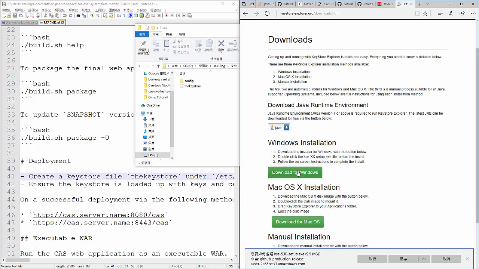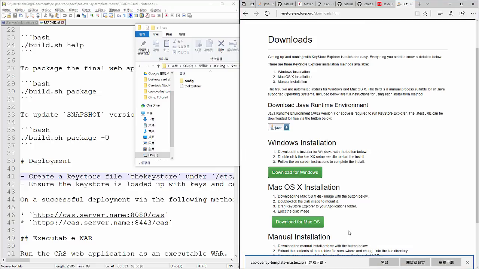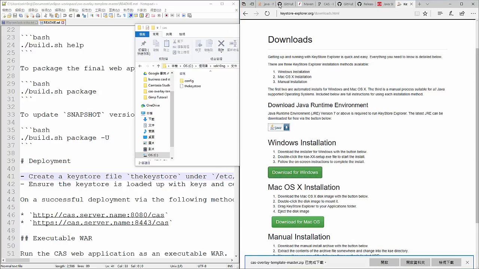A very good thing about it is that it can help manage the key store, generate the key store, and it's also very nice to see the key store layout in the form of a GUI, which is something I'm very fond of.